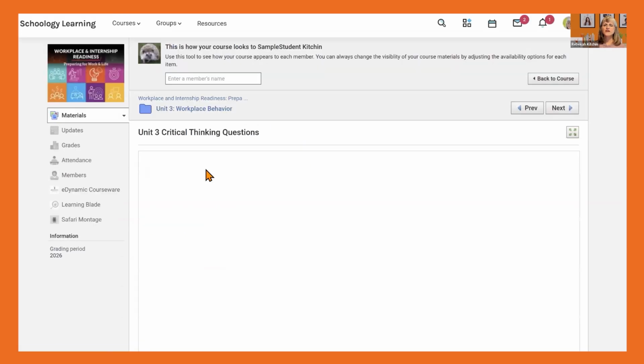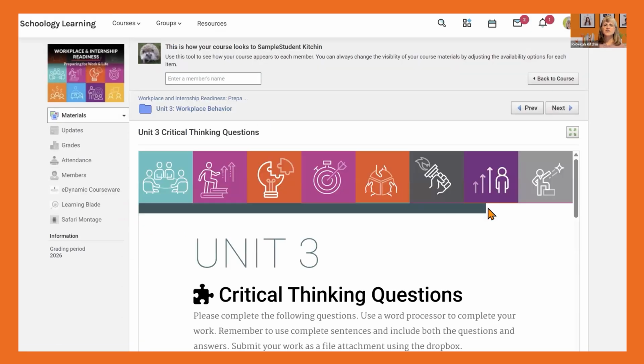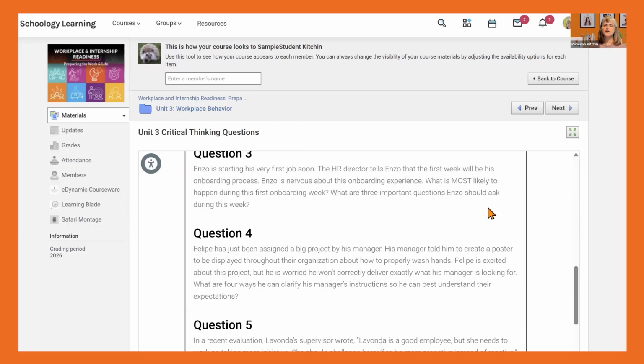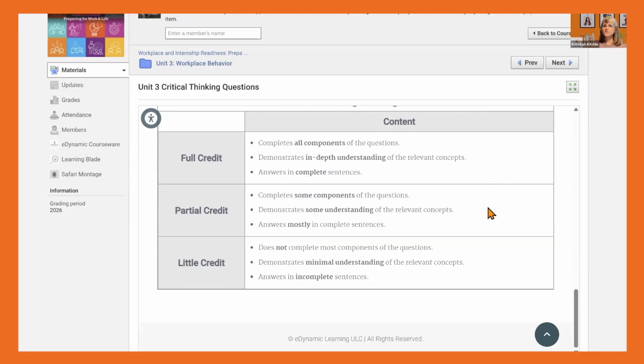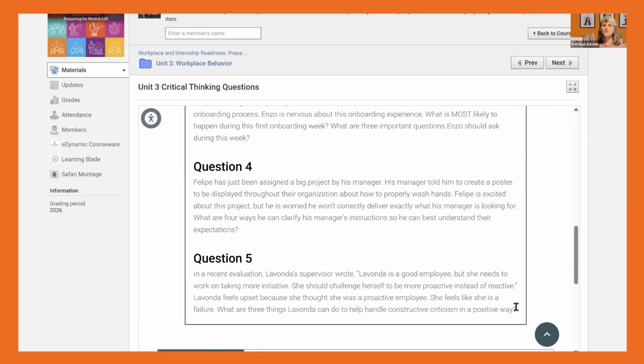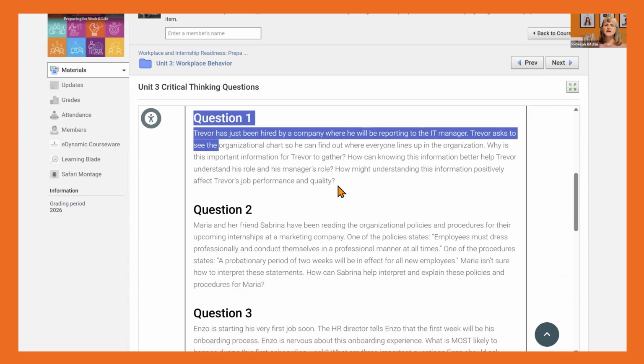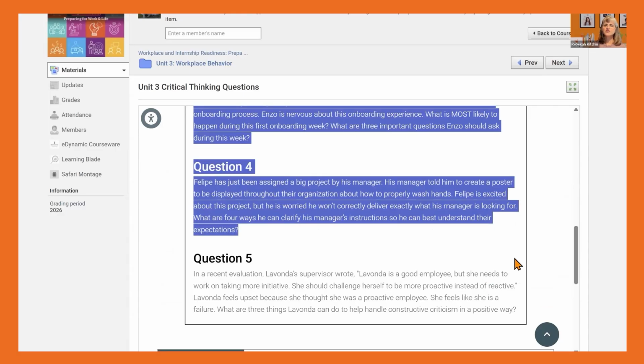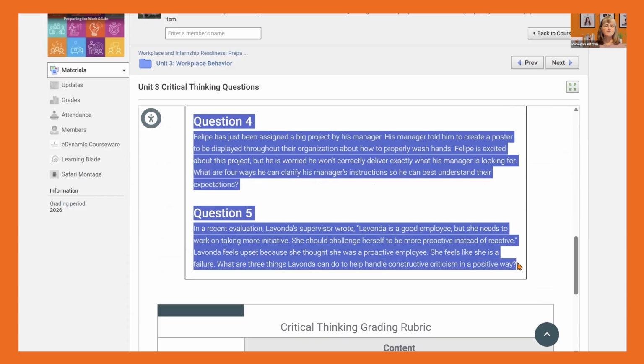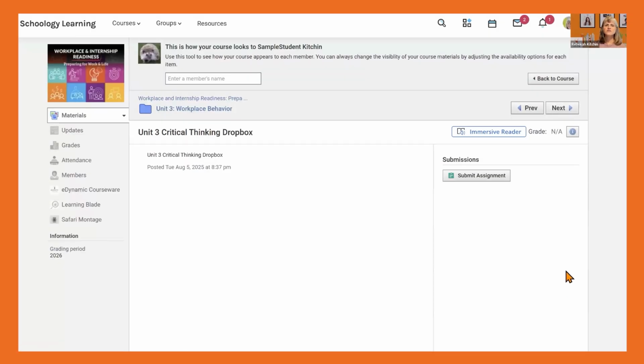When I open the critical thinking questions, I will see the questions and then the rubric below it. Some people prefer to have the students copy and paste both the questions and the rubric. For our purposes here, I am going to just copy the questions, and then navigate to the next page. The next page is the Dropbox. So this is where, as a student, I'm going to submit the